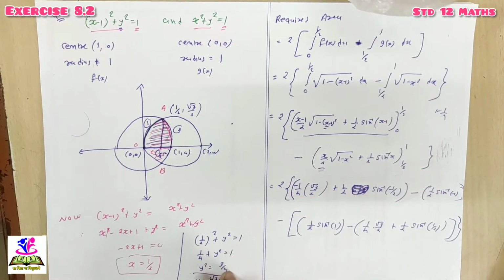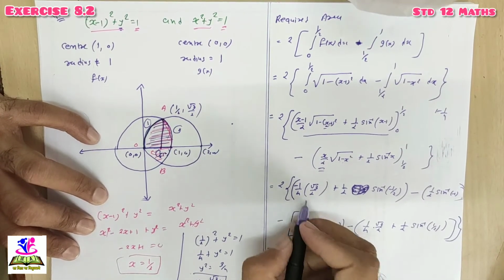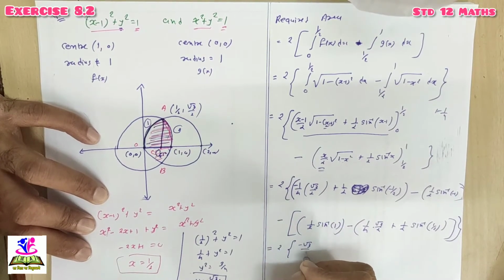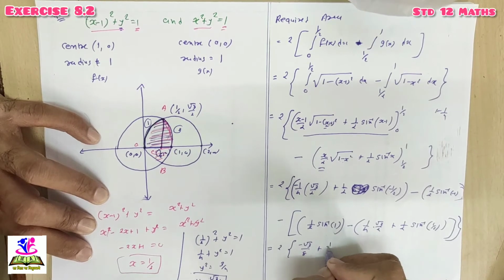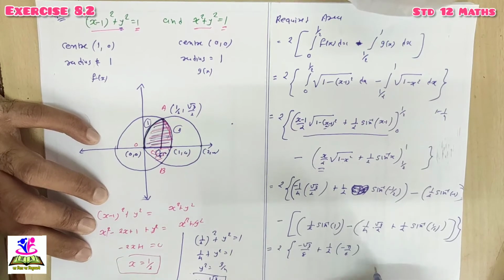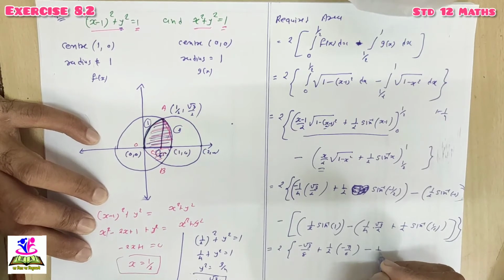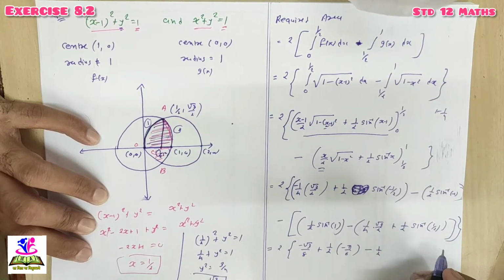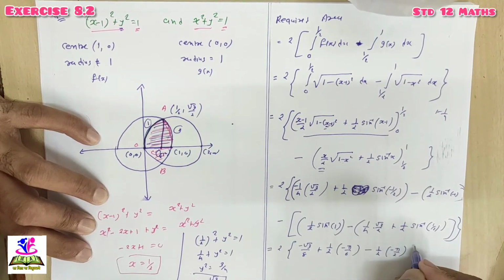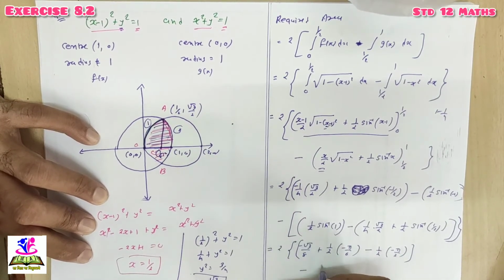Now put the values and simplify it. So let's try it. So this is equal to 2 minus 1 by 4 into root 3 by 2. So it's a minus root 3 by 8, minus root 3 by 8 plus 1 by 2 sin inverse minus 1 by 2. So it's a minus pi by 6, minus pi by 6 minus 1 by 2 of sin inverse 1, minus pi by 2. So it's a minus pi by 2 है ना. ये कंप्लीट हुआ. माइनस माइनस अभी ये करना है.